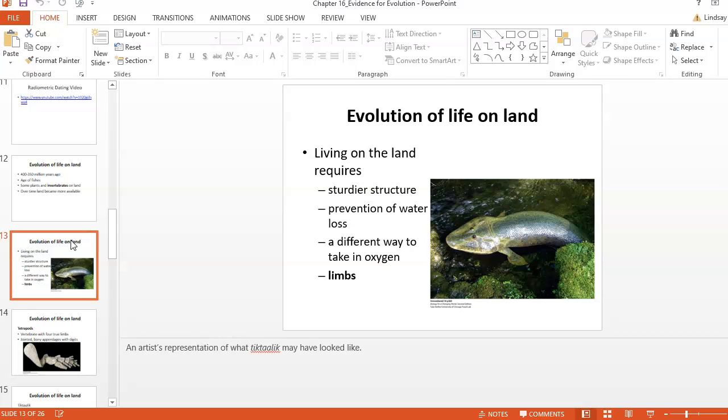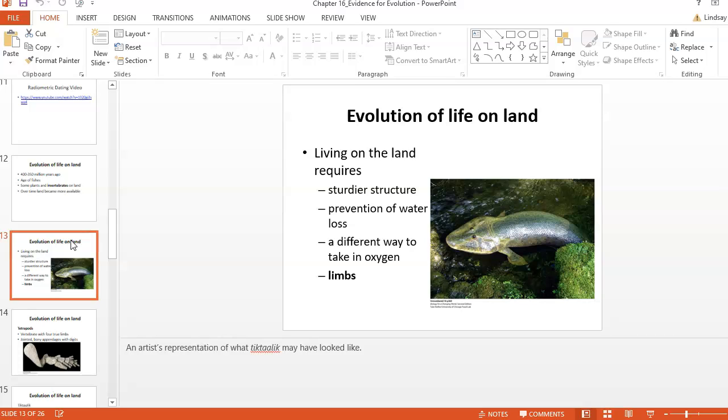You're also not going to be in the water, so you are going to have some problems with drying out, or desiccating. So you're going to have some kind of way to help prevent drying up in the environment outside of the water. All right, so you think about fish, they've got gills. That's how they are going to be able to utilize oxygen. But if you are not in water, gills are not going to do you a whole lot of good.